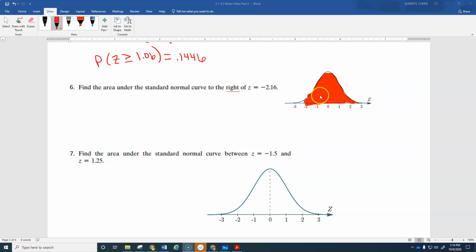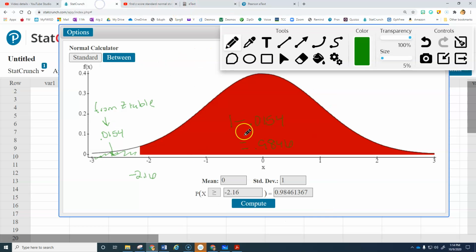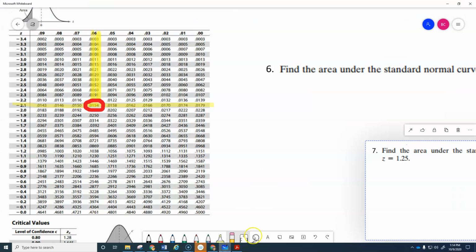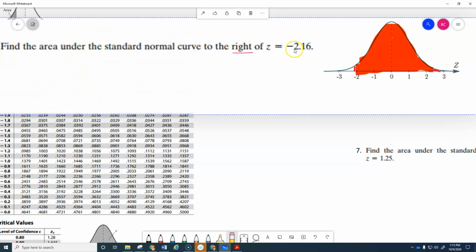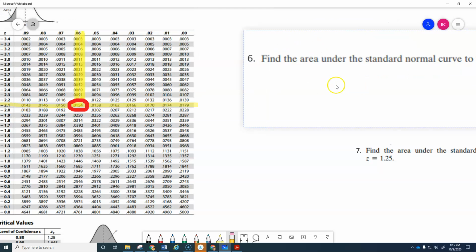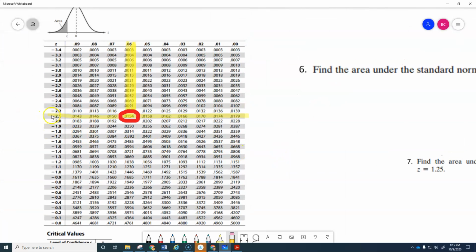So, I know that I did this one on the StatCrunch screen right here, and that was probably explanation enough, but I do want to show you real quick where the negative 1.54 came from. For this problem, they gave us a z-value of negative 2.16. On the z table, if you go to negative 2.16, 2.1 is right here, the 0.06 is right here. That's where I get the